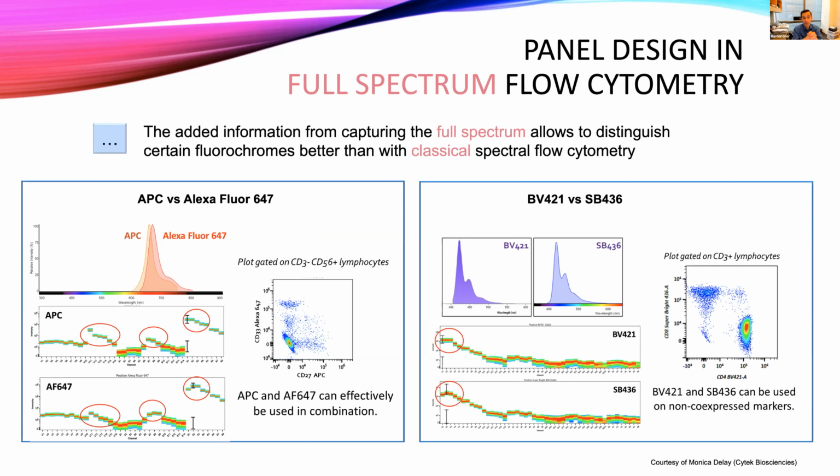So the fact that this technology can still distinguish between two fluorochromes that are very overlapping is actually quite interesting and quite beneficial, because it allows us to build those panels. Not only does it allow us to build those panels, but maybe in an even easier way. So I should put it this way: it's much more forgiving when it comes to building panels that have overlapping